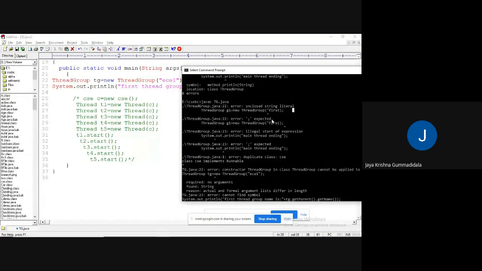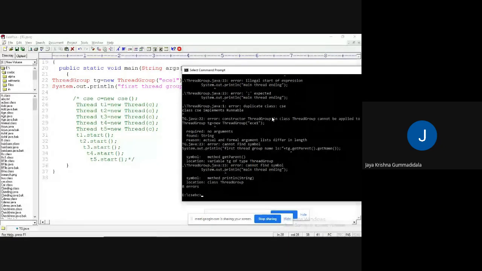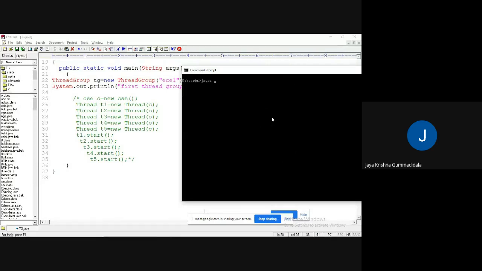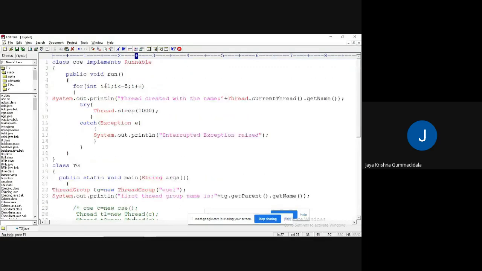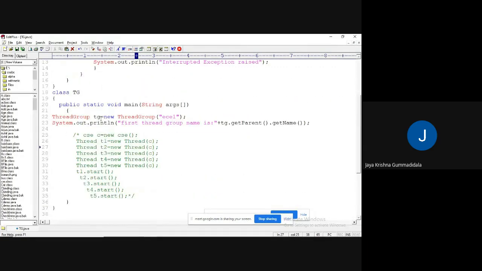First, let me clear the screen. Java C space. Let's open it like this.